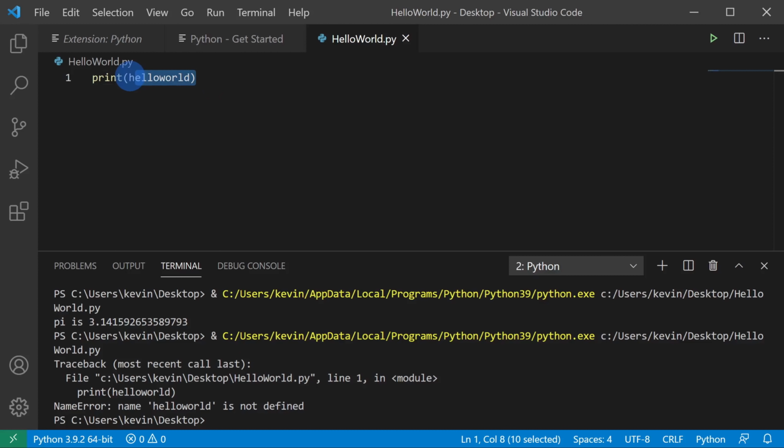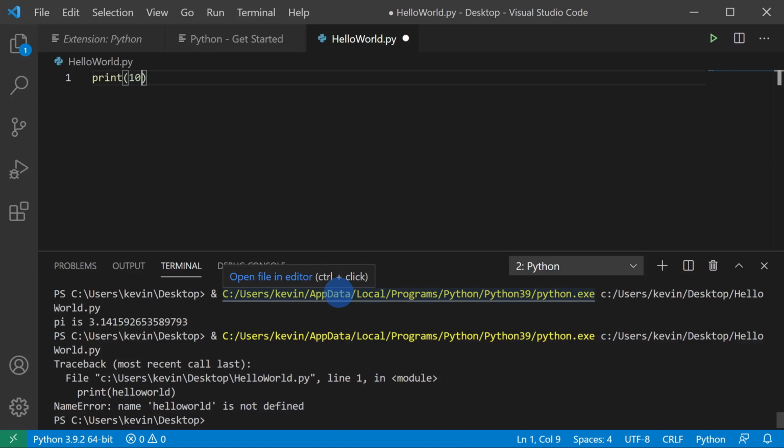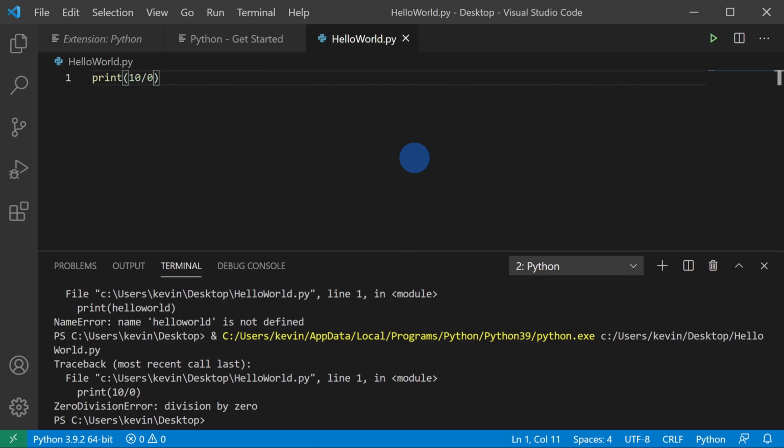Now you might run into another type of error. Let's say I take 10 divided by 0 and then I try to run this. And we all know that you can't divide by 0. Right here I get a zero division error, division by 0. This is referred to as a runtime error. It just fails. Now you could look down here at the error message to see what it was, and that might help you troubleshoot where the problem is in your code. And typically when you get an error message, you could go to something like stackoverflow.com and you can look up your error message to see if other people have encountered similar errors,